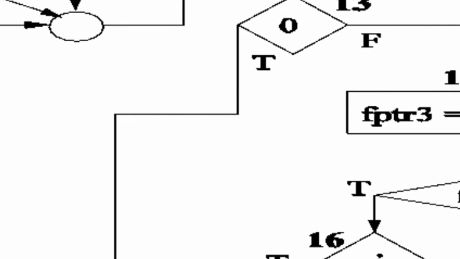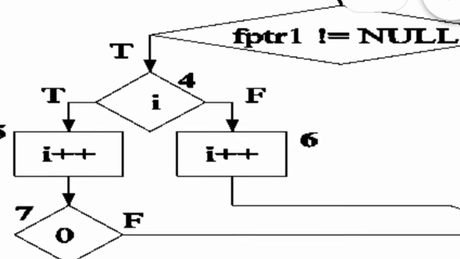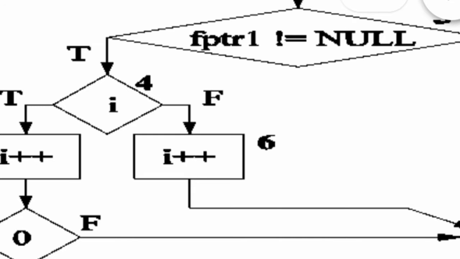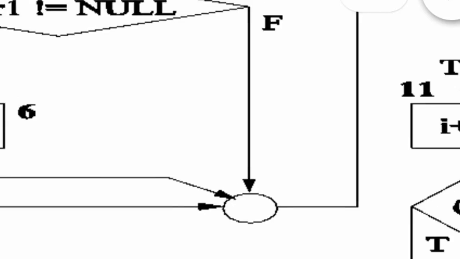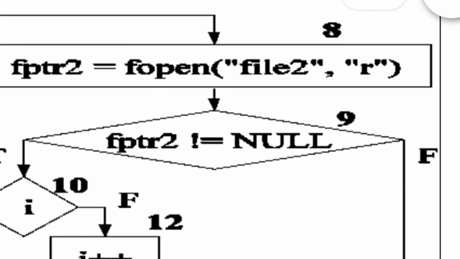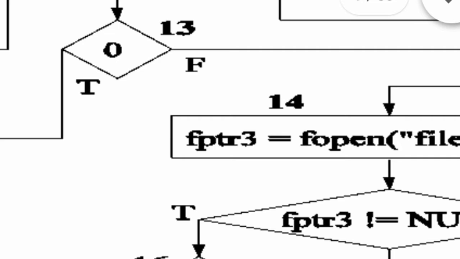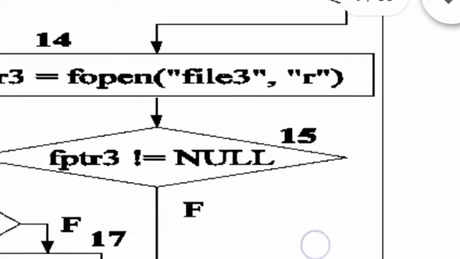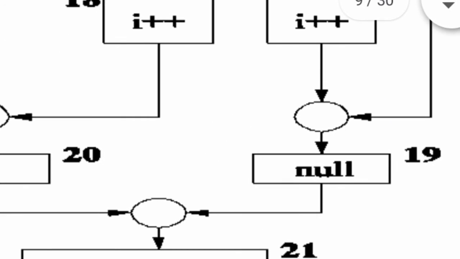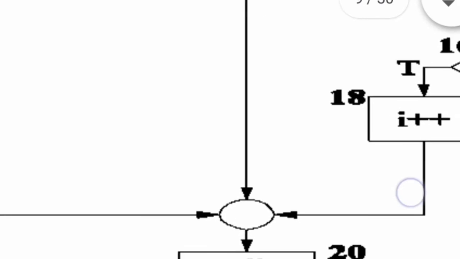So these 3 programming logical parts can be connected, and the statement numbers are assigned from 1 to 6 here, and here 8 to maybe 13 for the second part, and 14 to 21 for the third part. The file open programming part has the 3 pointers FPTR1, FPTR2, FPTR3. So approximately 7 statements for 1. So 3 into 7, 21 statements representation.